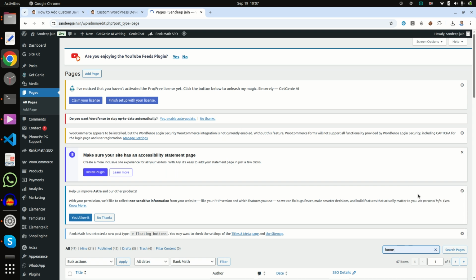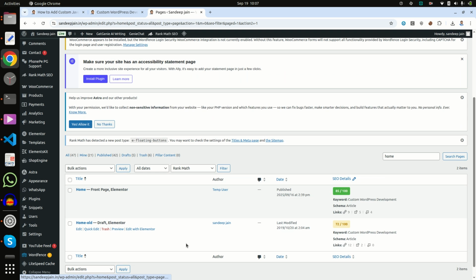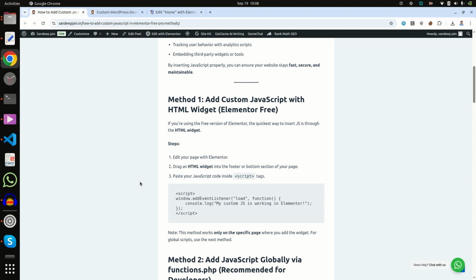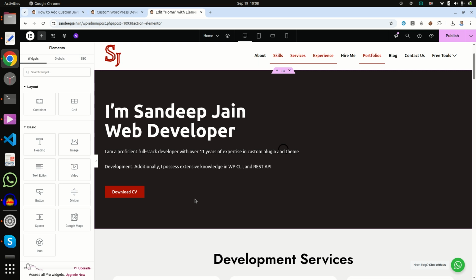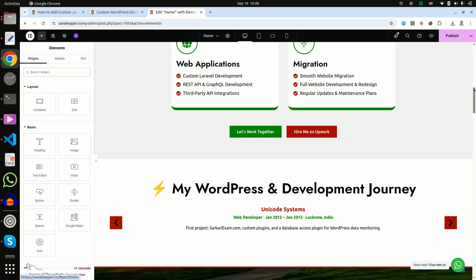Click on home and edit with Elementor. And then drag the HTML widget into the footer.